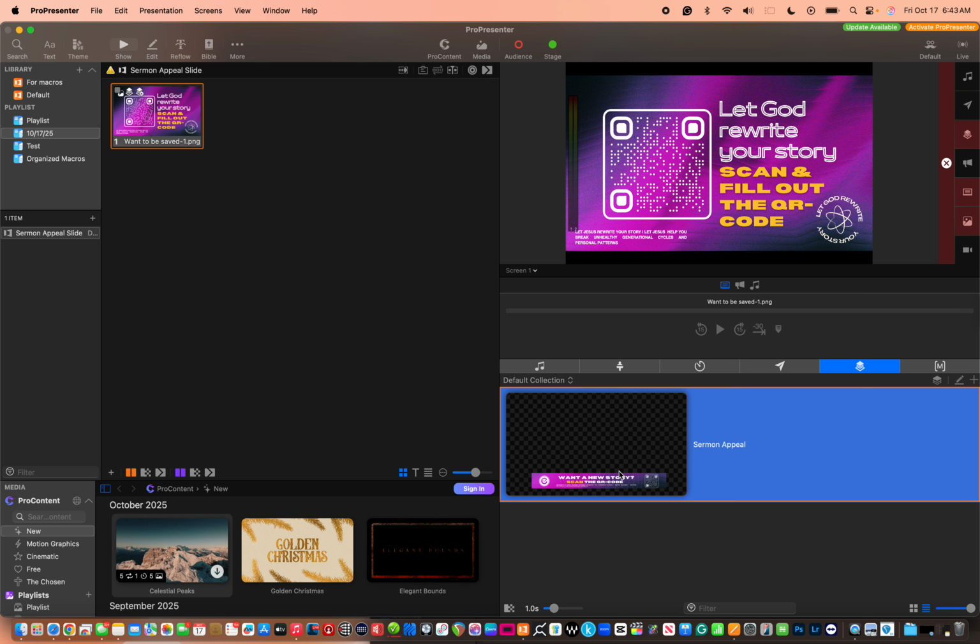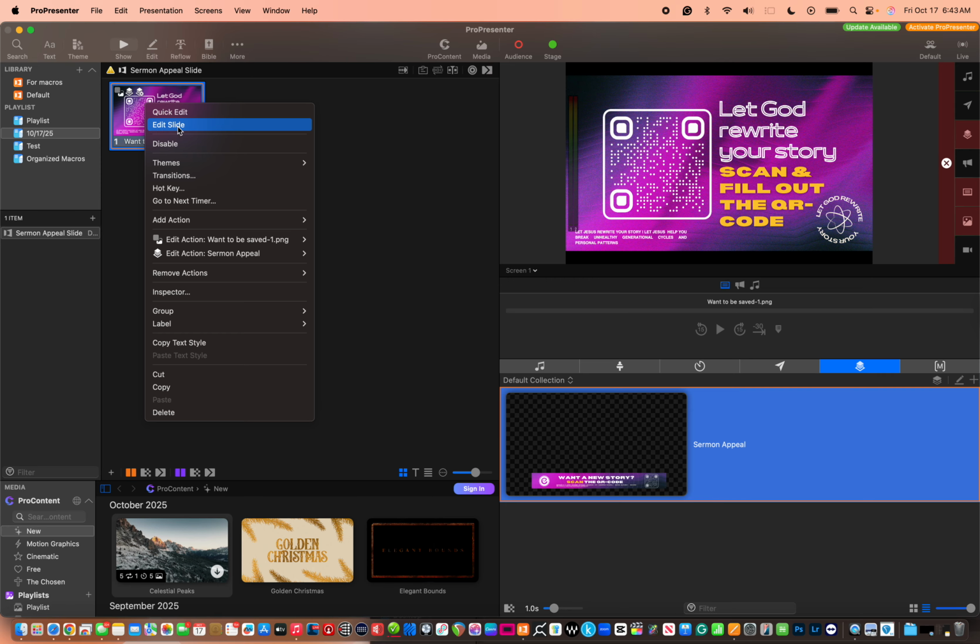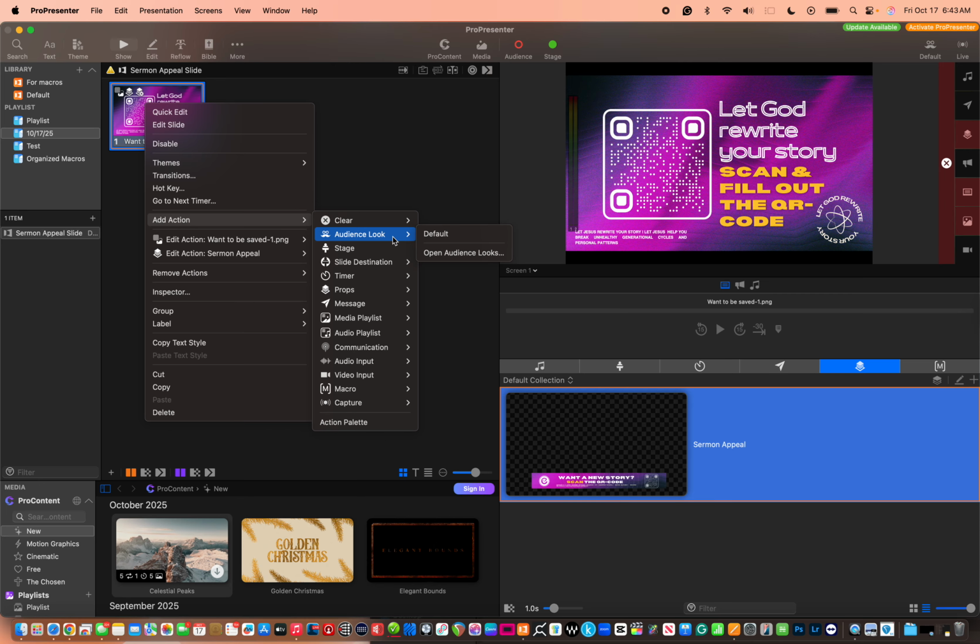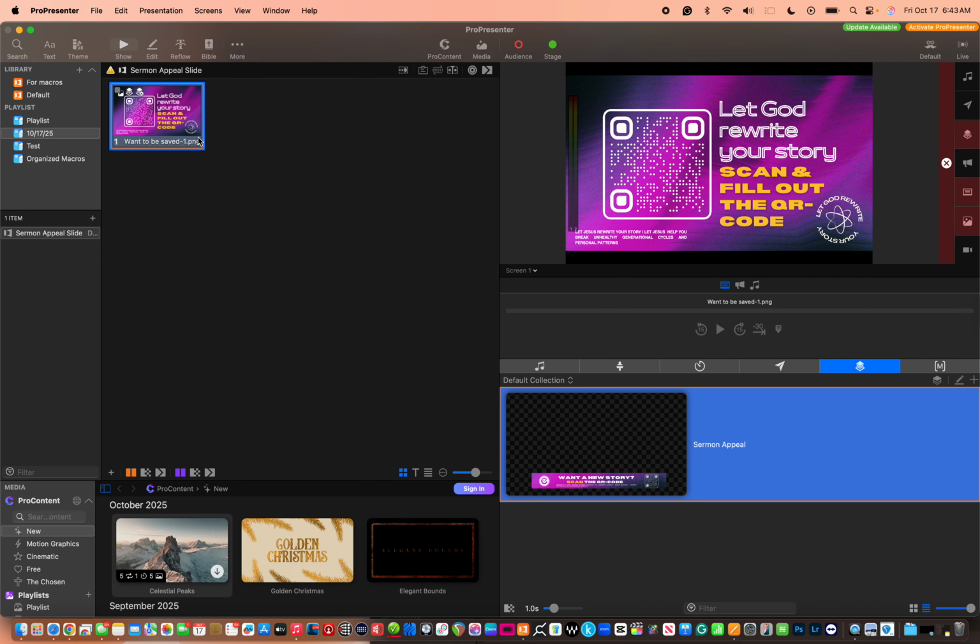And then notice that it triggers here. It's triggered. So once it's blue, that means it's triggered. So once I click that, it's going to show in-house and it's going to show online differently. But this is very important. Last step is to add an action, which is the audience look, and then you click eCam live or live stream. So when you click eCam live, what will happen is it will then,